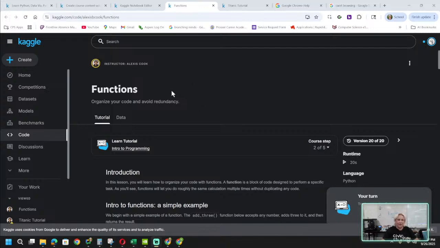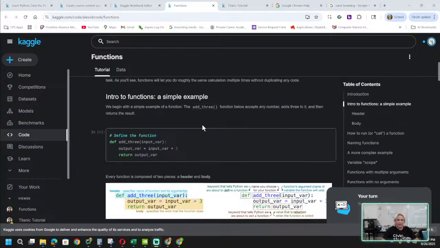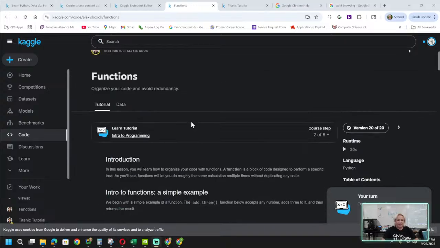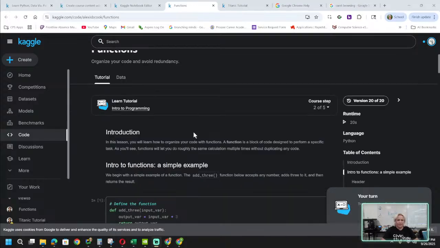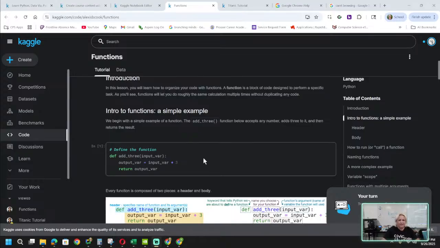Okay, class, we are now in the second part of the intro to programming. And you'll see here we've got tutorials and then data. So right here, this gives an introduction, and the same thing happened on the first one. I had just gone through it first, but everyone, we should go through the tutorial because it actually has